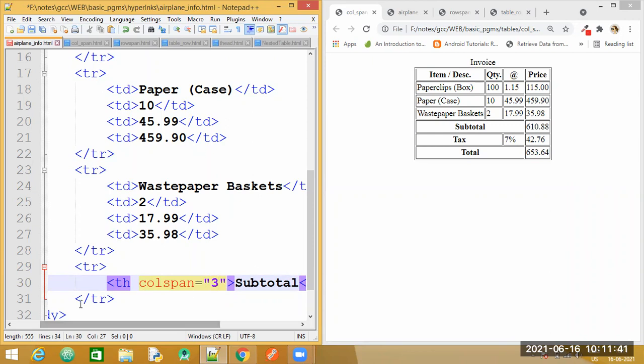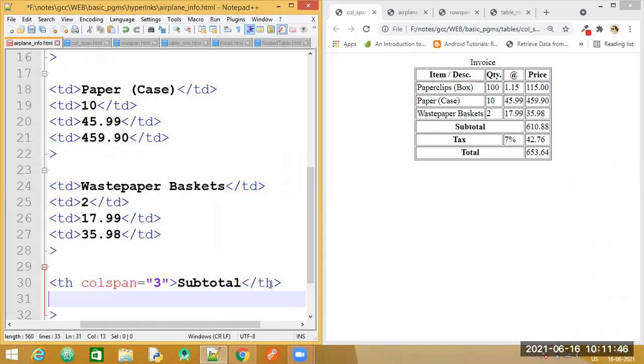Next thing, we need to specify another data, that is the price that is mentioned. So I'm going to make use of the TD tag now, and the value I'm going to specify is given there.